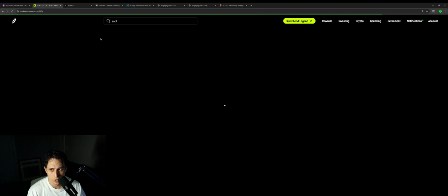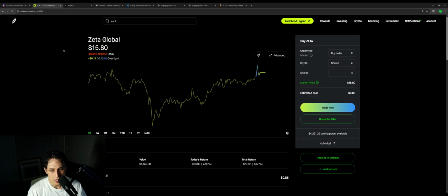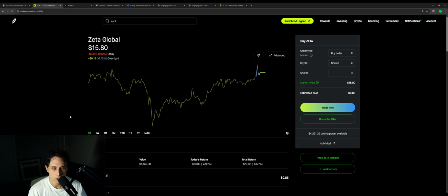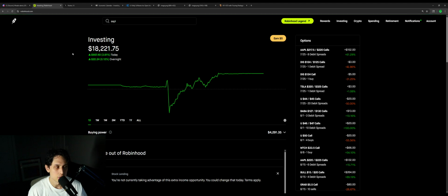Zeta has taken a really long period of time. It's just kind of burning on these contracts. We do have $1,100, so this is a pretty sizable position. We are down 6%. I am hoping to see a larger move before earnings in the second week of August. So I think Zeta is also a stock to watch here. But let's just hop right into the charts because